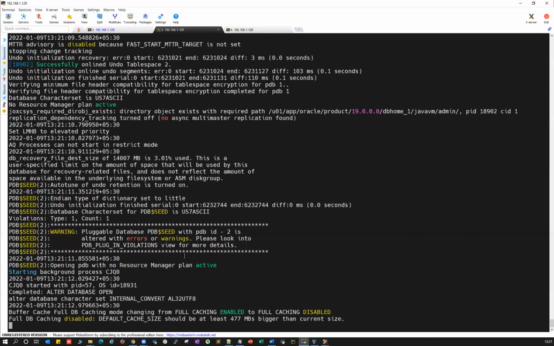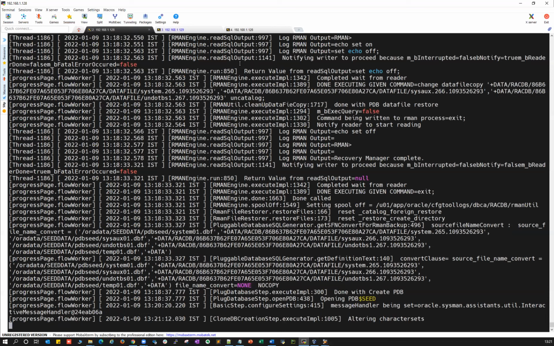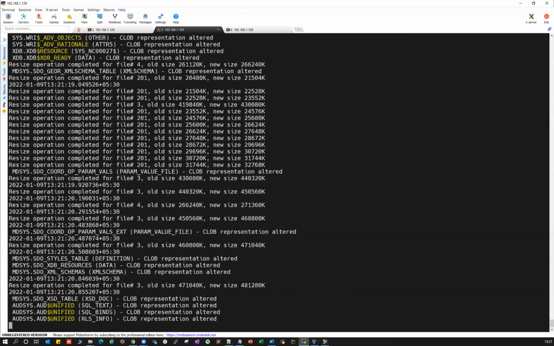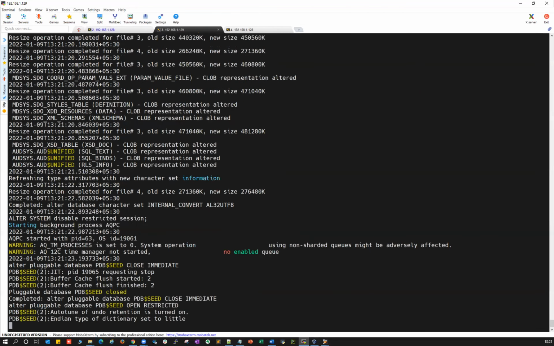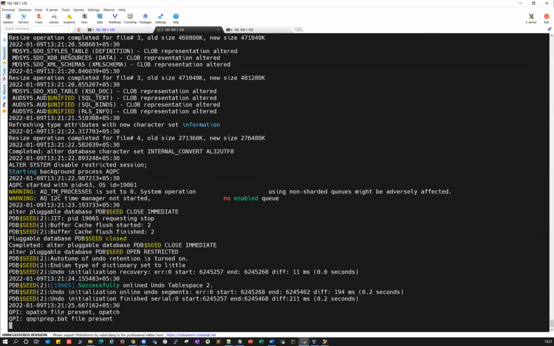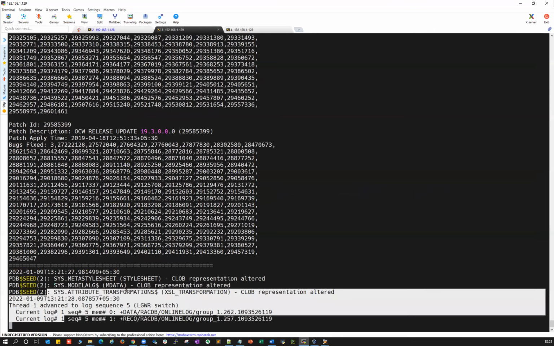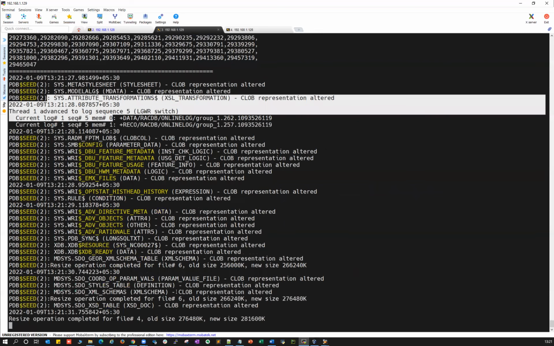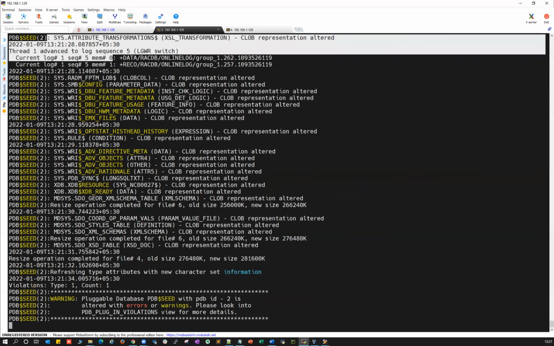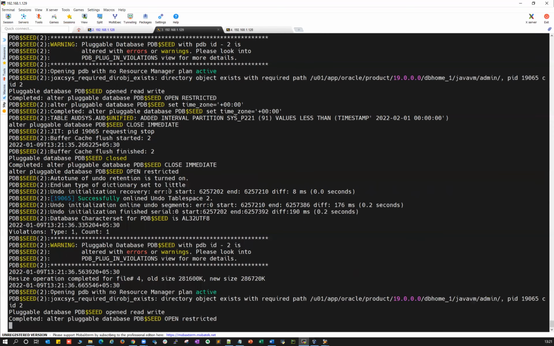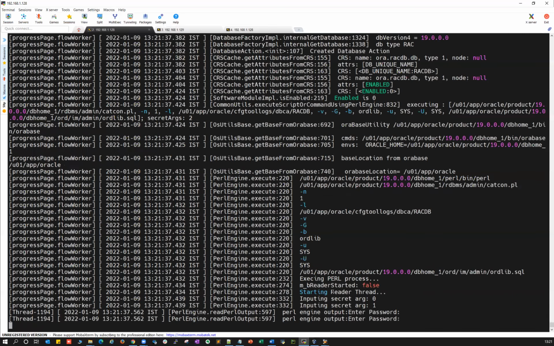Yeah, you can always tail your log, which will give you more insights. Altering your database character sets. Okay, your database is back online. Completed alter pluggable database open restricted. Your PDB$SEED is done. Now it'll run some post scripts and then create your other PDB.